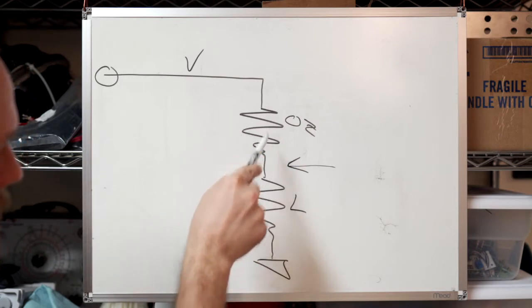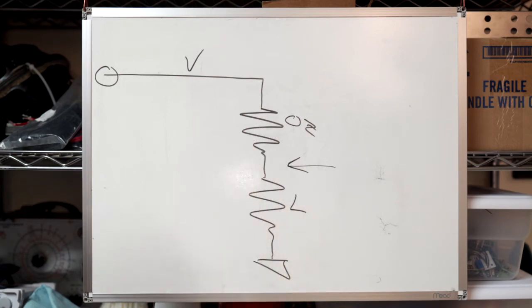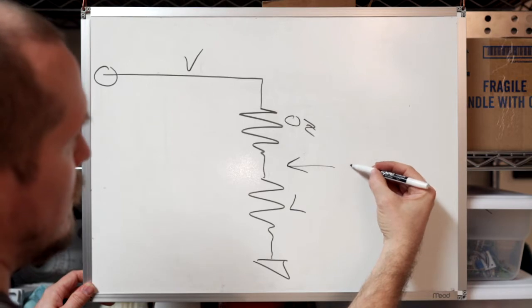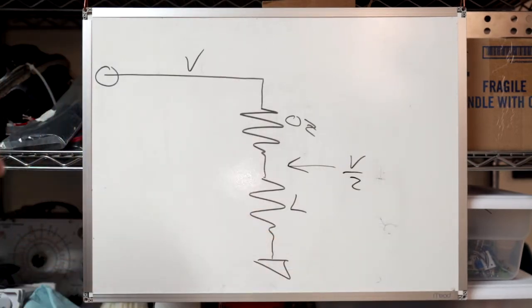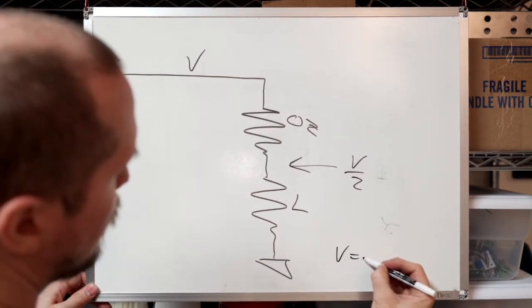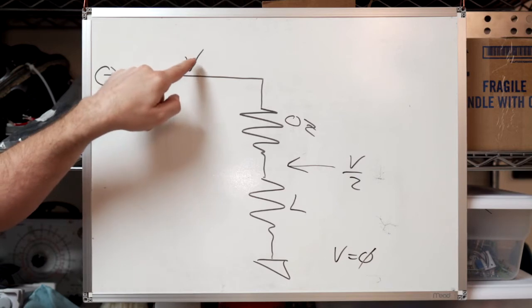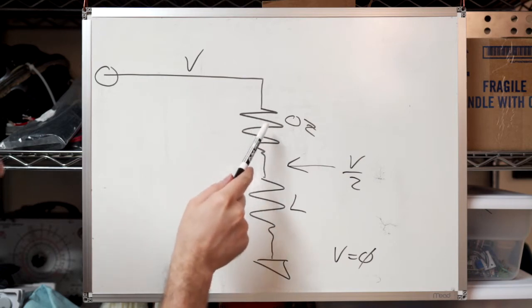If they were the same value, over here at this point we would get V over 2, half of V, and then down here obviously is V equals 0, right? So you get full voltage here, and if your load were exactly the same value as your output impedance,